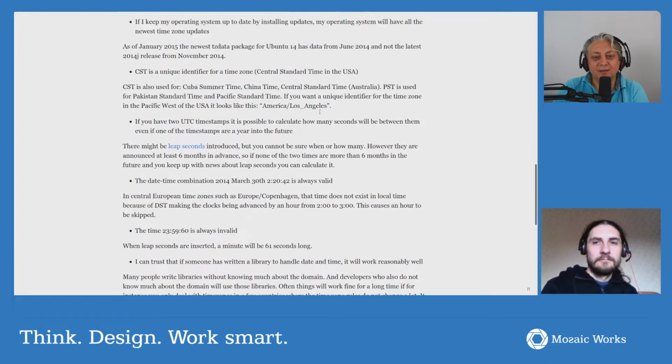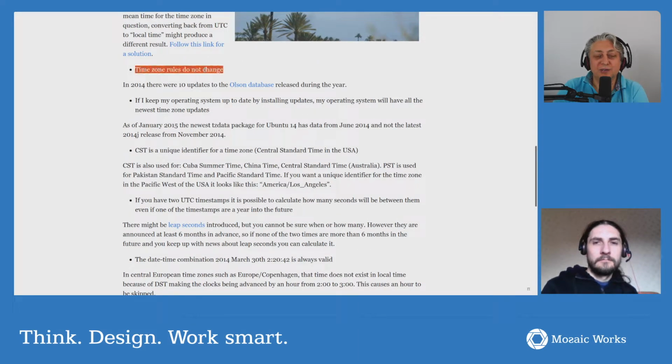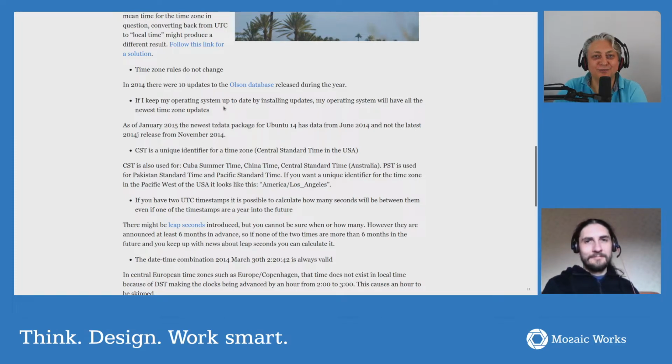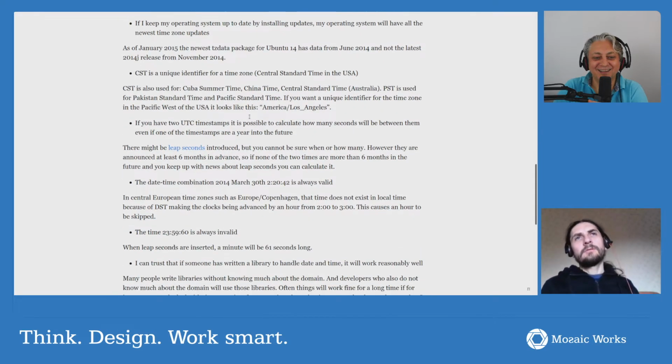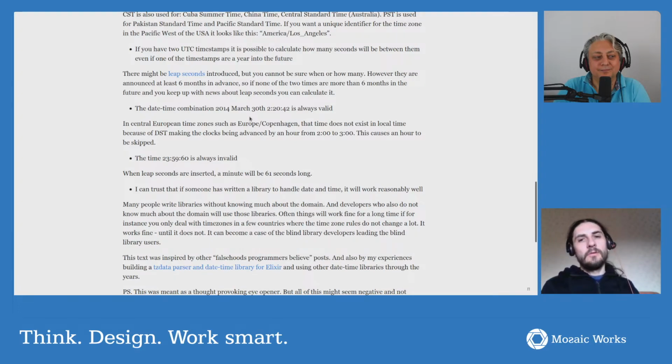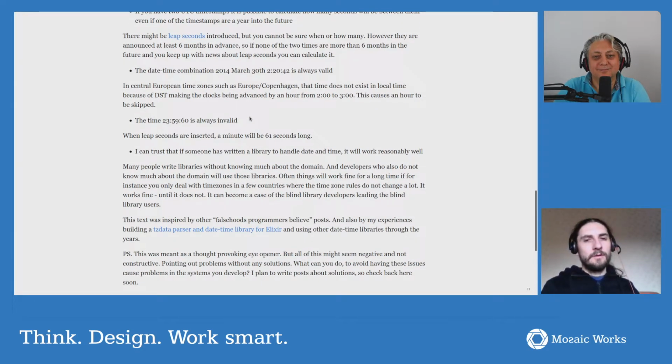Oh, by the way, this reminds me about time zone rules not changing. There's a movement in the EU to remove daylight saving time, which would mean that you are mentioning people changing VAT. I wonder how many people will have to change their code because DST is removed from the EU. Yeah, but also it happens that different states around the globe change their approach to DST. And some of them want it, some of them don't. So it's very puzzling. Each year there are a few countries changing their decision.